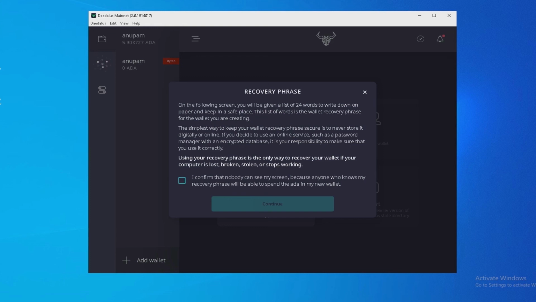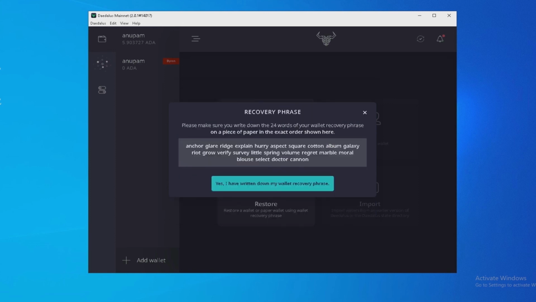And so we continue and we get some phrase over here, and you have to write it down somewhere. So give me a minute, I will note it down and show you the details how to proceed.